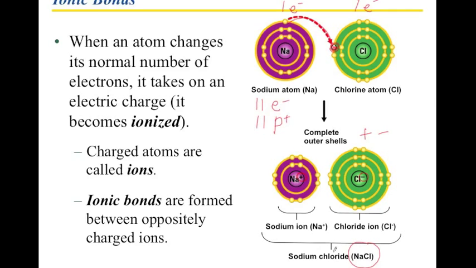Remember, this thing here was a metal. This thing here was a gas. And now that we've done this little exchange, this turns out to be a salt. What a difference. Who would have thunk it? This is the kind of thing that is an emergent property. We don't really know what happens when we exchange these or move them until we do it. So that's an example of an ionic bond.